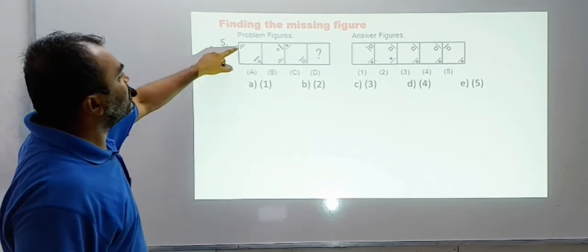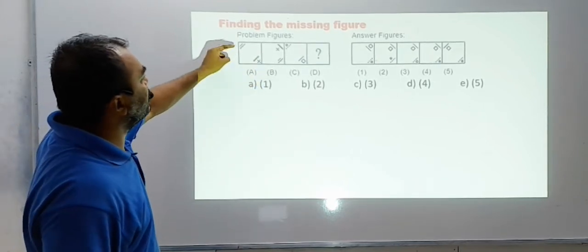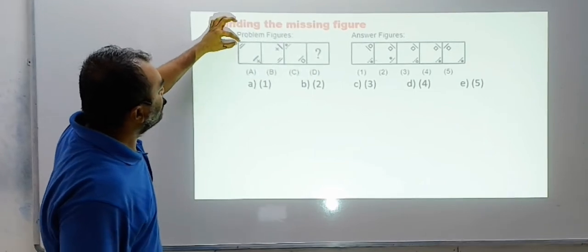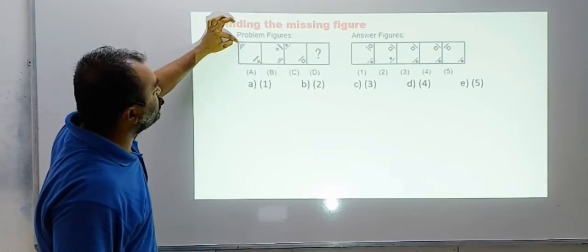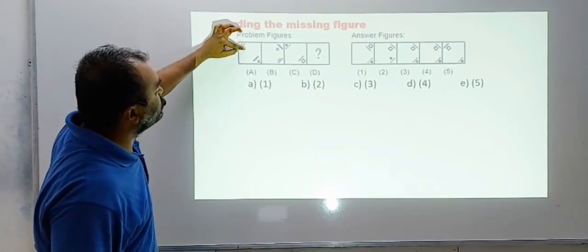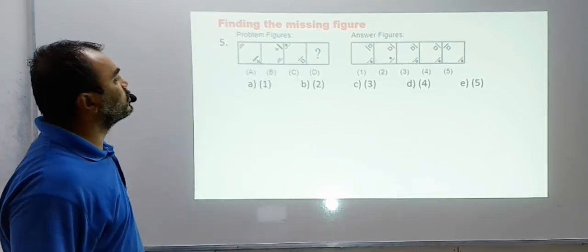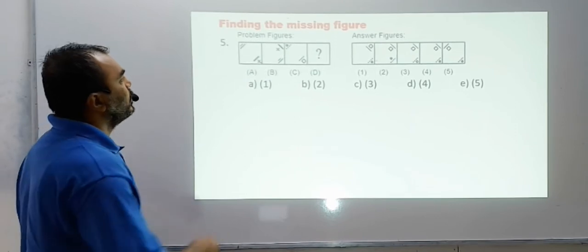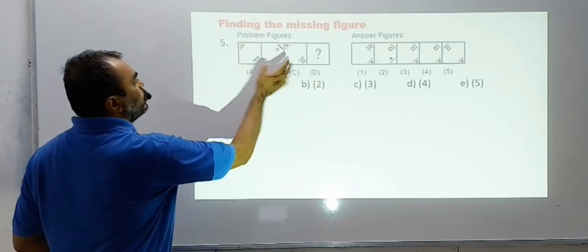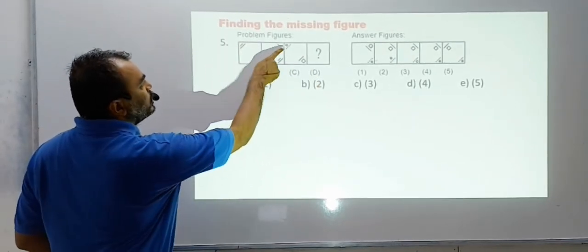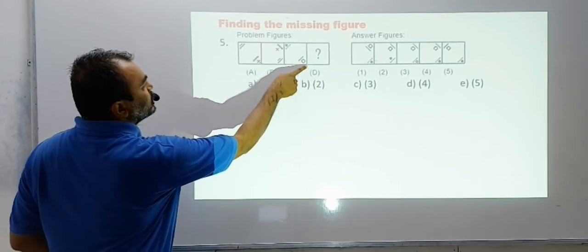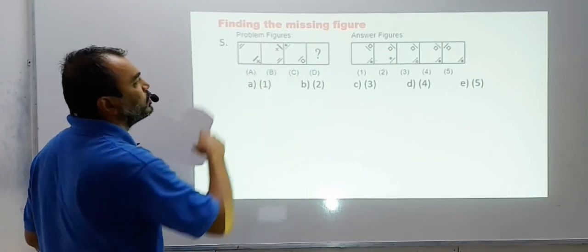So here you can say the same thing. Either the picture you can say the same, or you can say here the smaller line was towards the corner, bigger line was outside. Here the bigger line is towards the corner and smaller line is outside. So that is also the way to see. If you can see, you directly jump down, but it is also interchanged. So here the black dot should come towards the corner and the dot should remain outside.